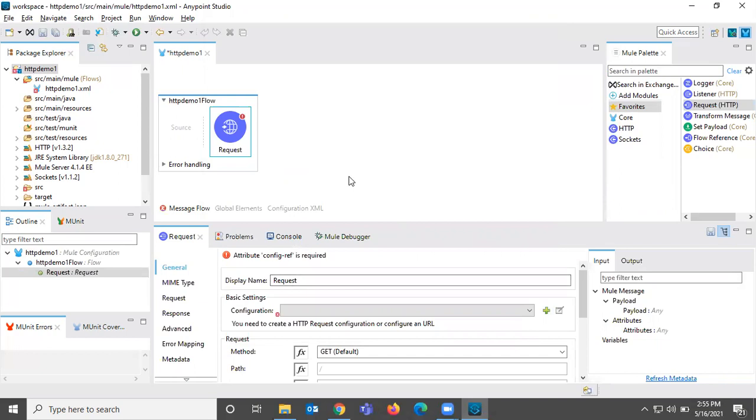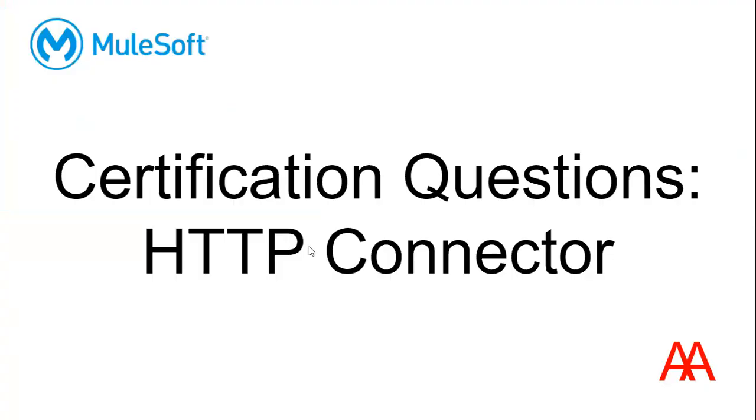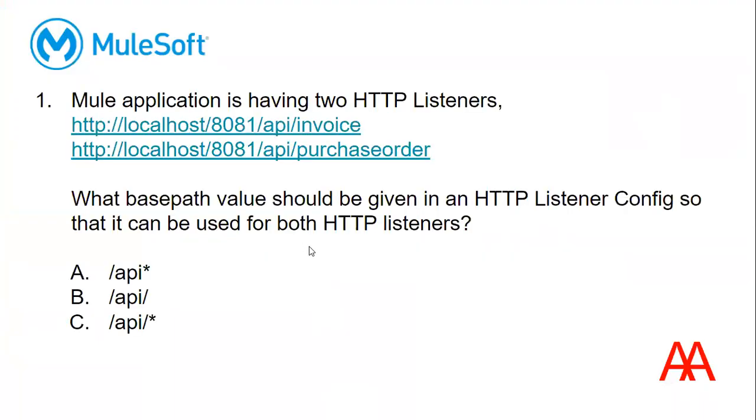So now let us jump into the certification questions from this topic. This is the first question. A Mule application has two HTTP listeners, invoice and purchase order, on localhost 8081 and API. Till this part it is the same, and the only difference is invoice and purchase order.